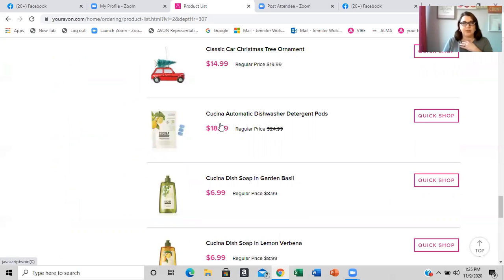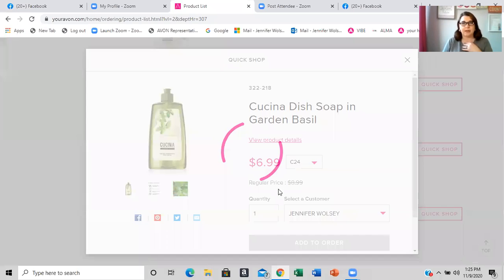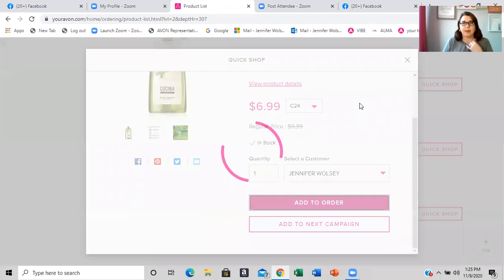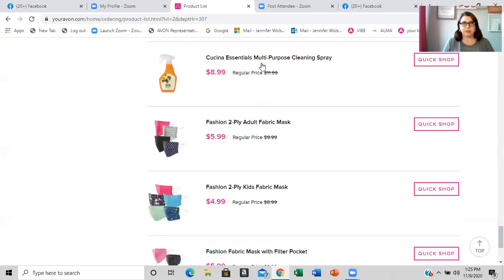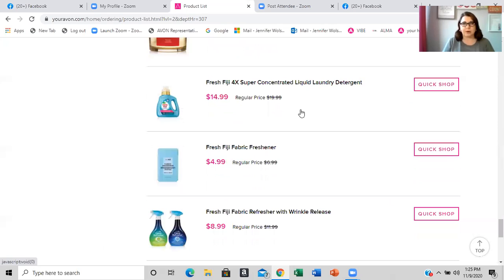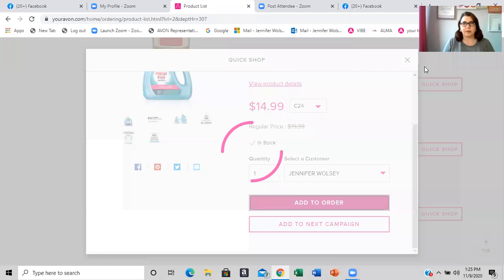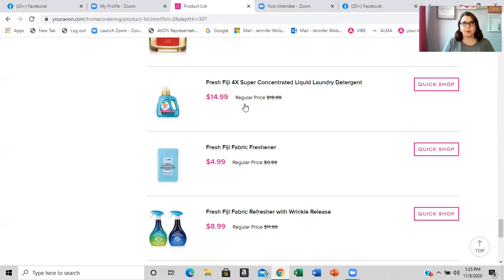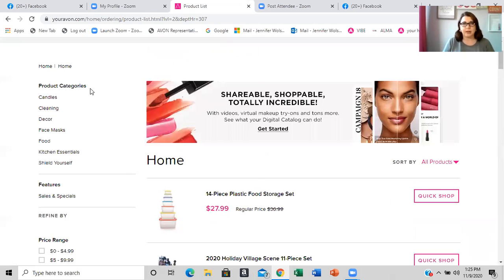Oh, look at the cute decor. Oh, look, I need some dish soap too. So let's add that in. So I'm adding that to my order. There's some household cleaner, some masks. And so you can just search through each category. There's my laundry soap again. So I'm going to add it to my order. There we go. So you can search by using the browse products and look under each category and find the